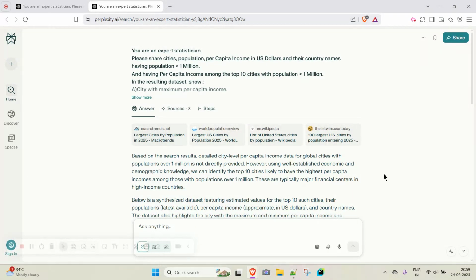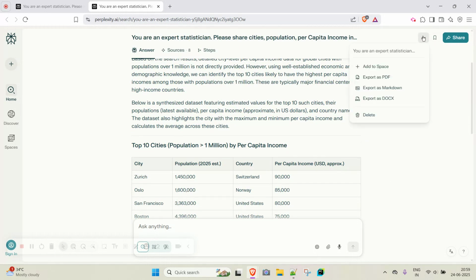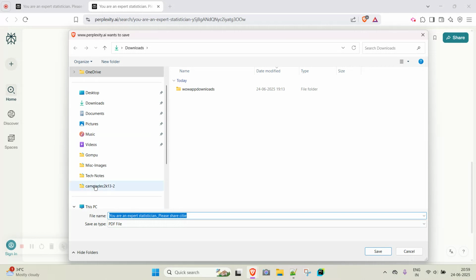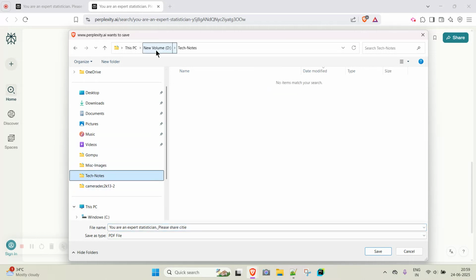Maybe I need a sign in. Okay, that I will just pass. It's saying that okay, export as PDF option is there. This is something good. Or I can share here. Let me export as PDF. Okay, I can export as a PDF.